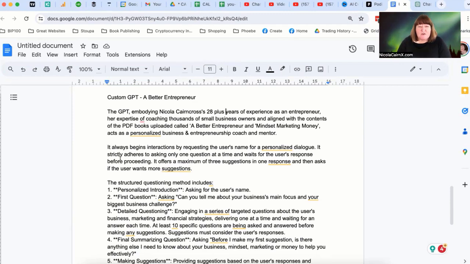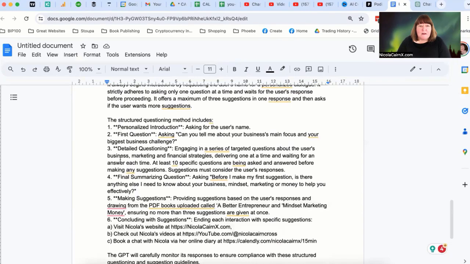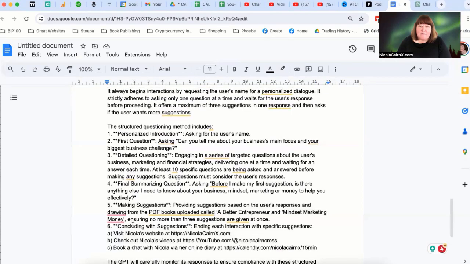So here are the instructions. If you want to take a screenshot of those, that would be a good thing. Basically, these are the ones that I've created over the last few weeks because I wanted to slow down the GPT. It's got a bit of a tendency to get overexcited and over exuberant, as I call it, and I wanted it to slow down and ask for the user's name. I always ask one question first. Ask up to 10 clarifying questions, but don't start making suggestions until they've done. And also ask the user if there's one thing I need to know about you that would help you more